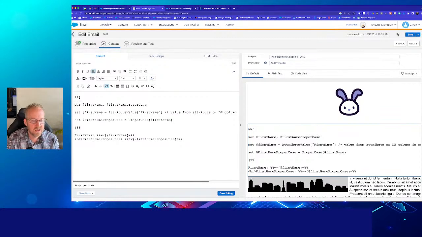So the variables are being declared here. That's always a good best practice, where we're telling it what we're going to use and setting them to null effectively by declaring them as variables. And then the first name is being set by saying, just look at that first name field. And like I said before, it's going to look at the data extension first. And then if it doesn't see anything there, it's going to look at the attribute. Using the AttributeValue function call is going to make sure that it also errors properly if it doesn't find the data that it's looking for. So we set that value. So in this case, when it's looking for Aaron, it's going to be all caps as the first name variable. And then we're saying take that variable